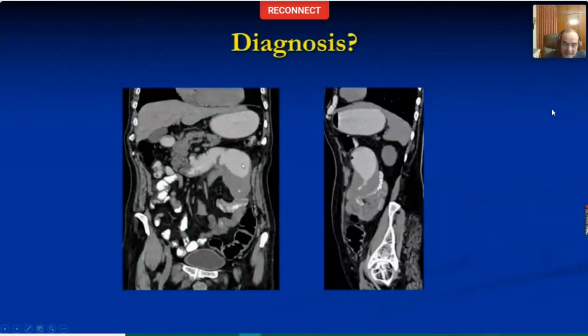And there is some upstream obstruction. Mild upstream dilatation is also seen. So when we saw this, we thought this was a neoplastic lesion. We were more in favor of an adenocarcinoma, but we suggested a biopsy. And this lesion was large enough to be biopsied percutaneously. We tried an FNAC, did not get any result. It was non-contributory. The patient was taken up for surgery because in any case, he had an obstruction.